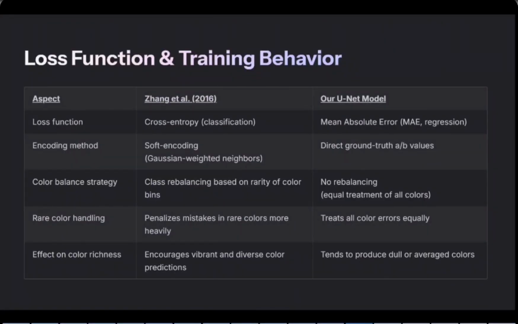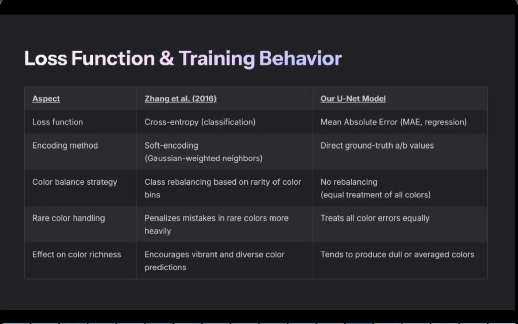Now let's compare how the two models are trained, focusing on their loss functions. Zhang used cross-entropy loss as it's a classification problem, and incorporated a technique called soft encoding. Soft encoding assigns each pixel's true A or B value to multiple nearby color bins, weighted by proximity, enabling the model to learn relationships between similar colors. They also applied class rebalancing, giving higher weights to rare colors to prevent the model from being biased towards common,